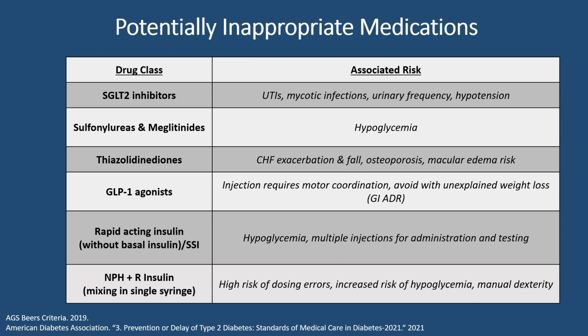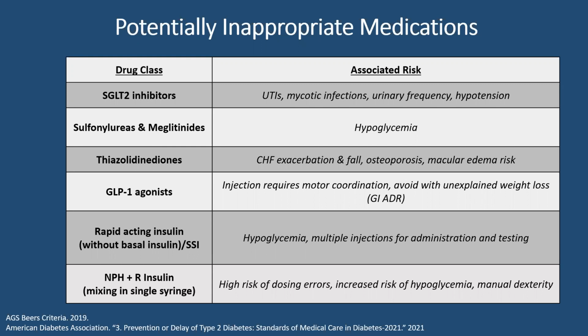these medications. GLP-1 agonists, the biggest problem with these is GI. If they're low weight, or having trouble keeping food down, this may make them more nauseated, so it's probably not the first choice. The other issue is that it's injectable. And if they're losing significant weight, you don't want to use them.